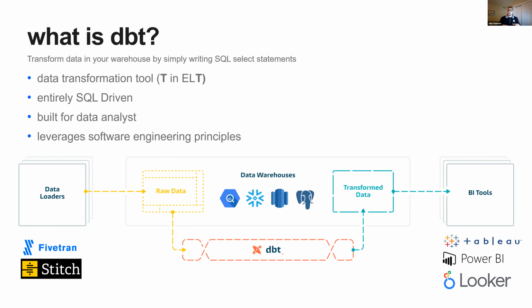But now everything sits raw in the warehouse, and we use DBT on top of that to then transform everything that we need, create all those transformed data models, and then push that out to Tableau or Looker, any tool of your choice. And what's really great about this is it leverages software engineering principles, which we'll get into a little bit, but it's really just a new way of working. And if you go to the next slide, Laura,